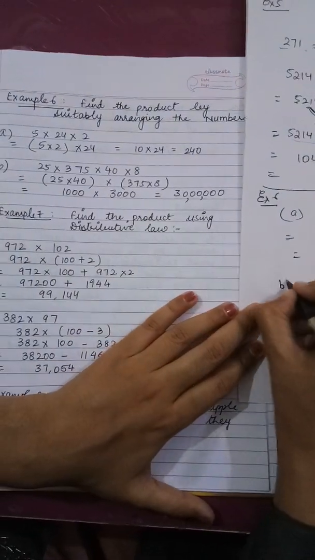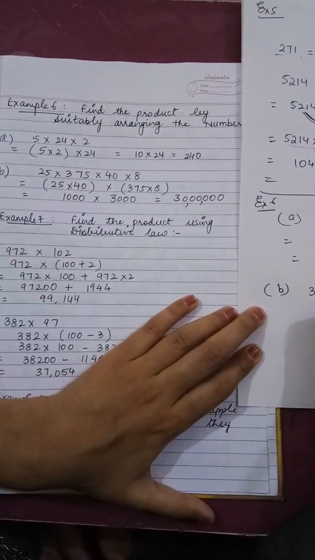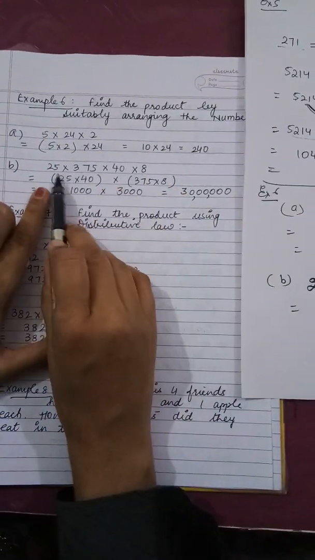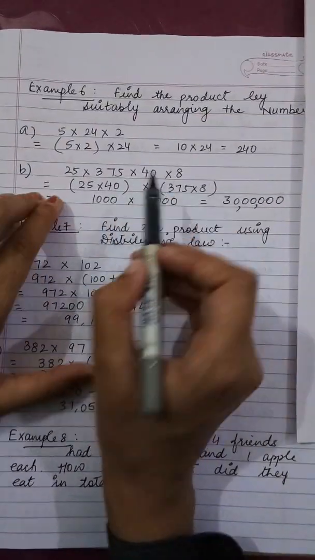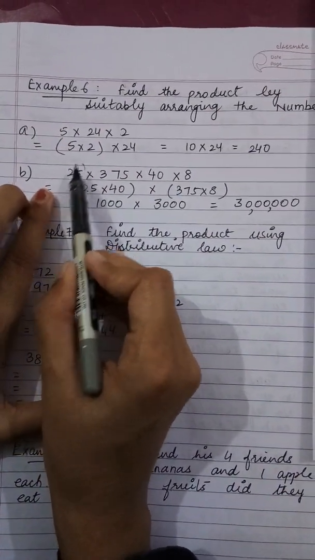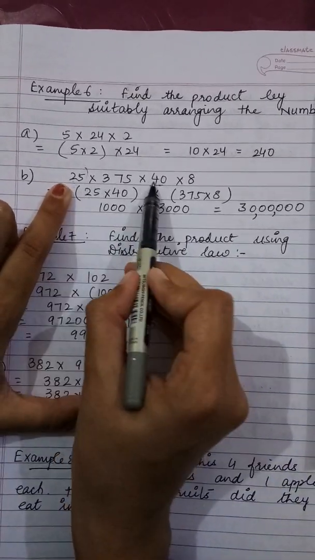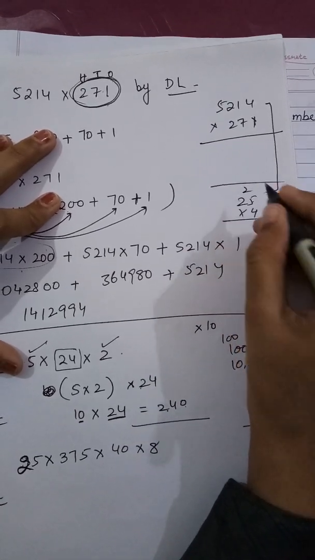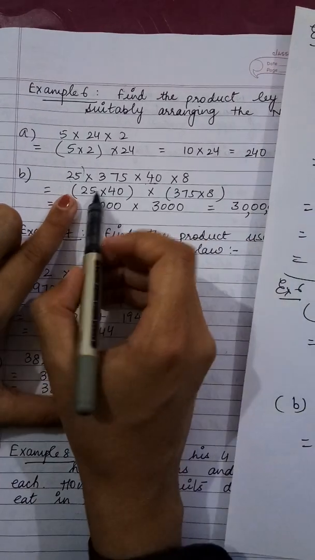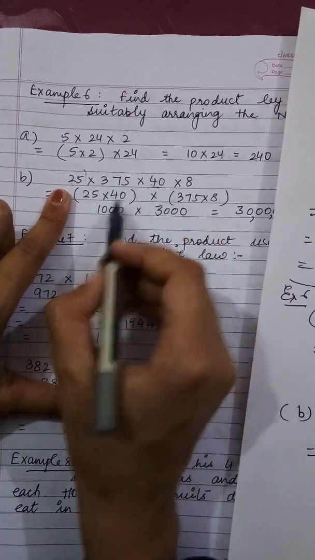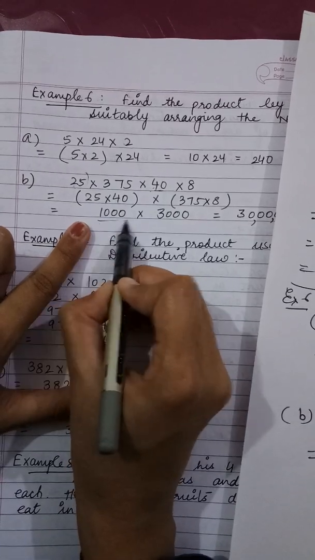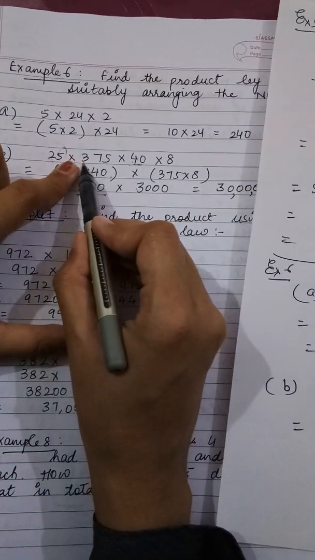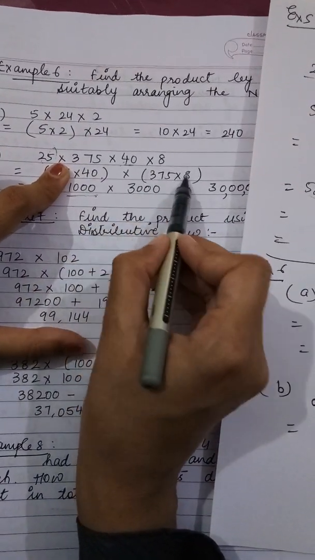Now B part is 35 multiplied by 375 multiplied by 40 into, sorry, this is 25. Okay, so now how I'm going to pair them together? Firstly, see, if I'm going to multiply this 25 by 40, 25 fours are 100. When I'm going to multiply 25 fours are, this is 5 to 4 5s are 20 and this is 100. Okay, so that means when I'm going to multiply 25 by 40, this will become 1000. So now this is the multiple of 10. So I have paired 25 and 40 together, and I have paired the rest numbers 375 and 8 together.